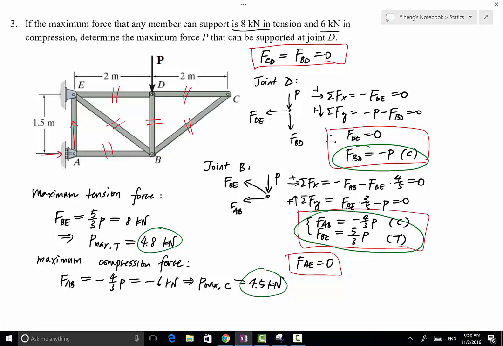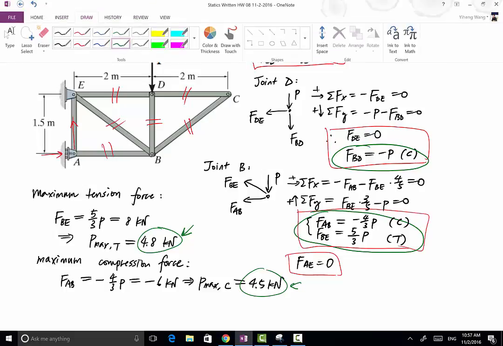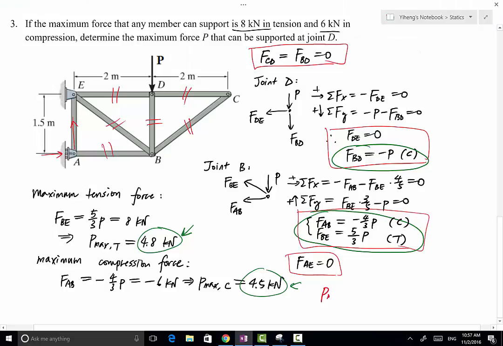So this is the P max that we solved for under the assumption that the structure is going to fail due to too much tension force. This is the P max that we solved for under the assumption that the structure is going to fail under maximum compressive force. And now we compare these two, and the final answer must be P max equals 4.5 kilonewton. It has to be the smaller one, because